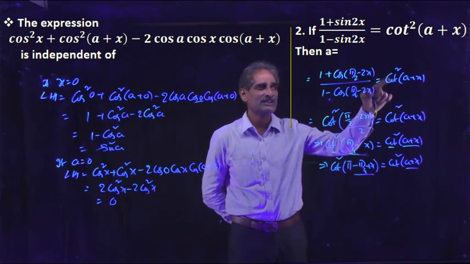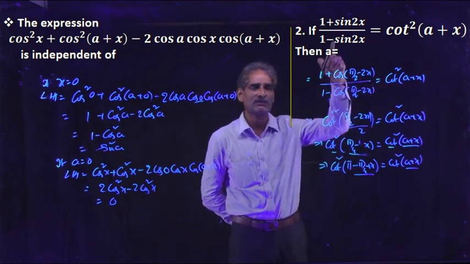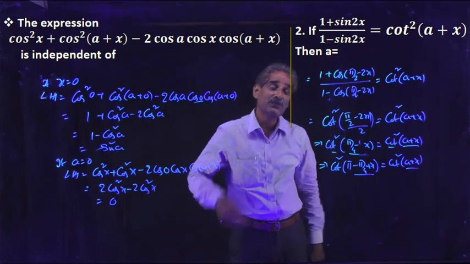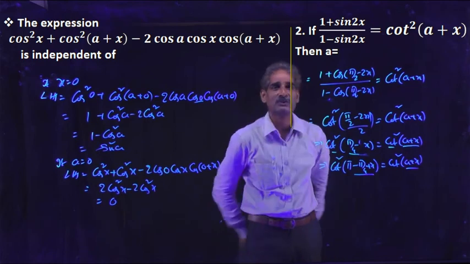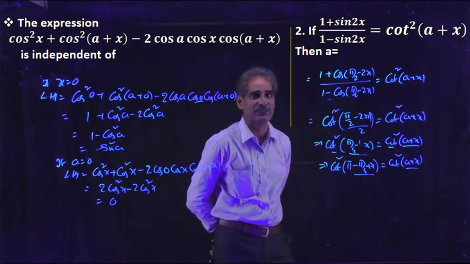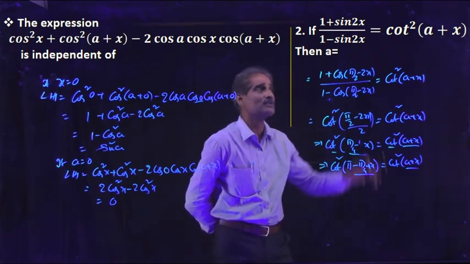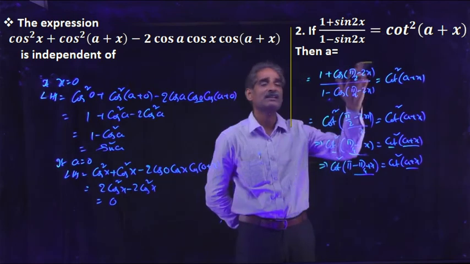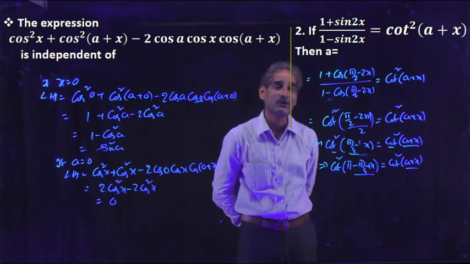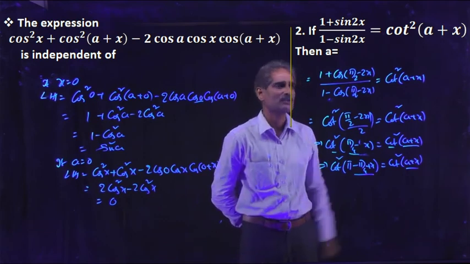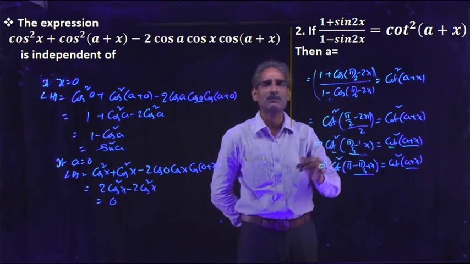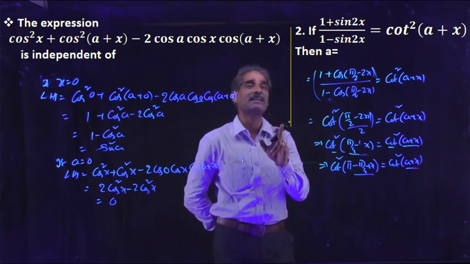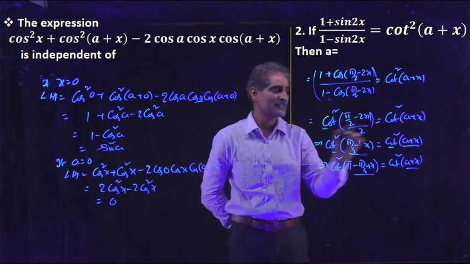Cot square function is there, but the structure is not visible: (1 plus sin) by (1 minus sin). If cos function is there, there is a chance to guess tan square theta by 2 or cot square theta by 2. For that purpose, we are just changing the sine function. So how can you write it in terms of cos? Sin theta equals cos(90 minus theta). So no problem. Here there is a formula: (1 plus cos theta) by (1 minus cos theta) is equal to cot square theta by 2. So okay, no problem, the functions are the same.